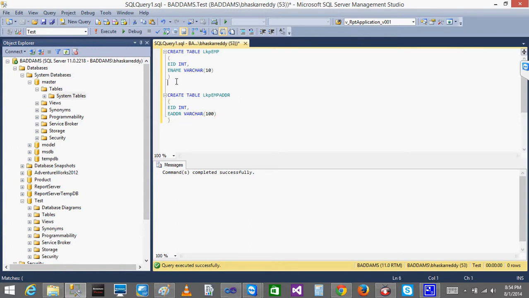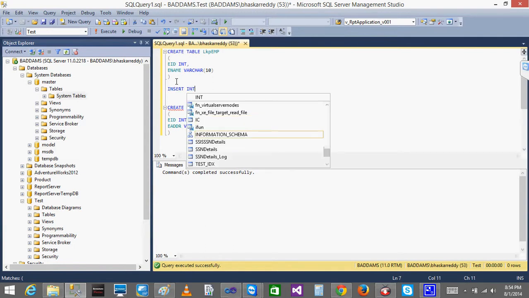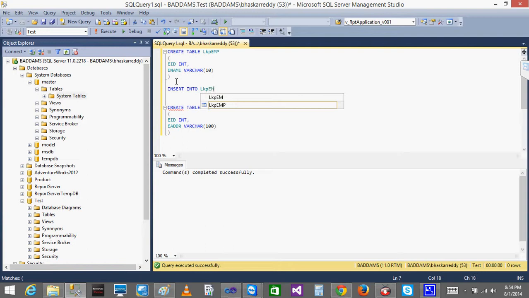So I'll insert values into the EMP. Observe carefully. I insert some values which are there in both the tables, and some which are not in both the tables. Insert into LKP EMP values: I'll give 101 comma A as EMP name. Next, 102 comma B. Next, 103 comma C. These are the 3 records I will be giving into the EMP table.